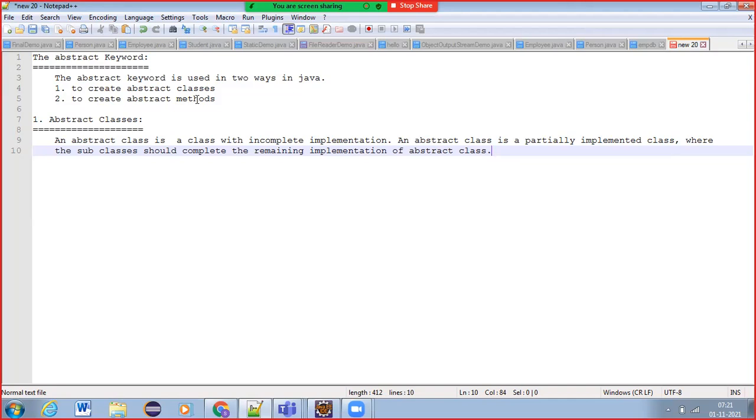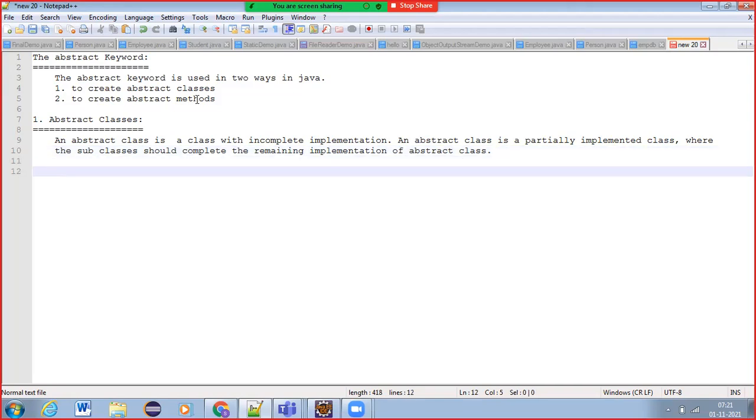Such classes we call abstract classes. Sometimes no further implementation is required, but still that class can be an abstract class.